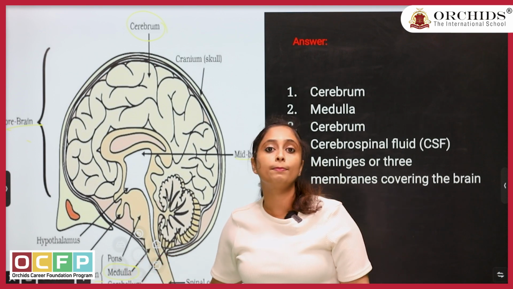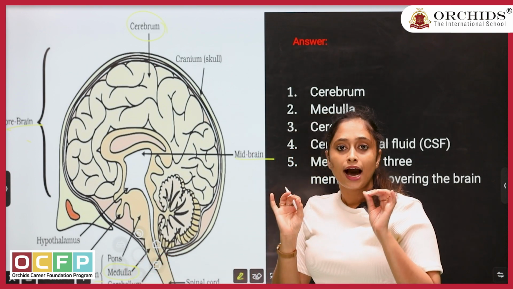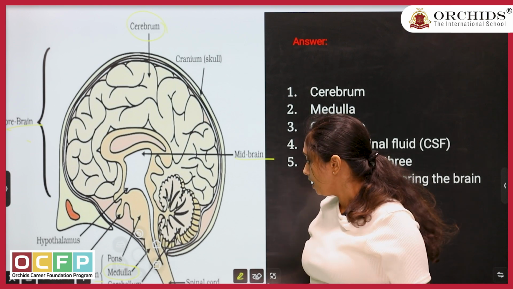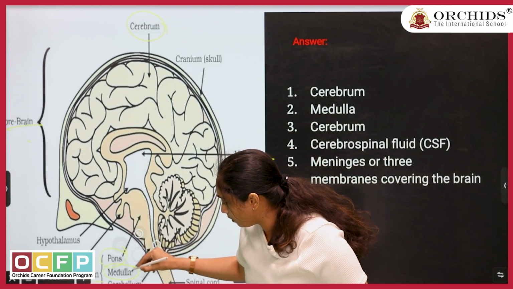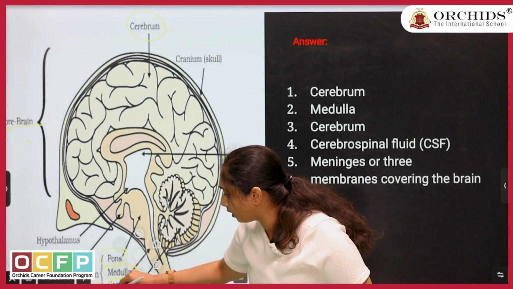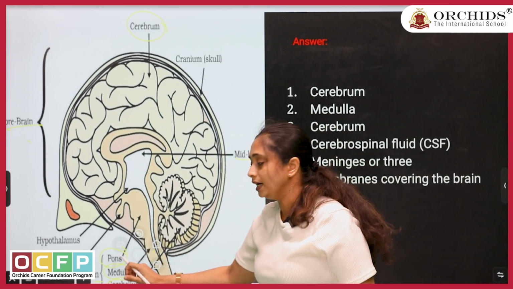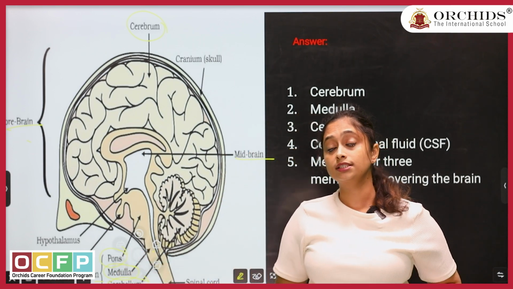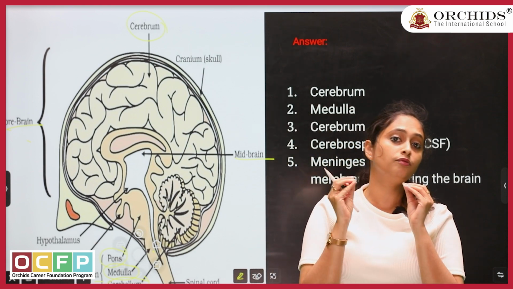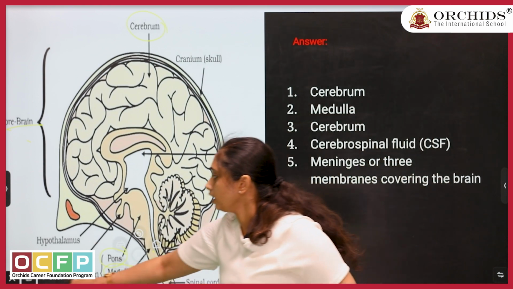Medulla is one of the parts of the hindbrain. The hindbrain has a total of three parts: one is the pons, another one is the medulla, and the third one is the cerebellum. So, the medulla present in the hindbrain is controlling your salivation and vomiting. Now, move